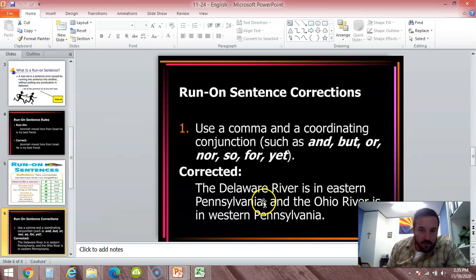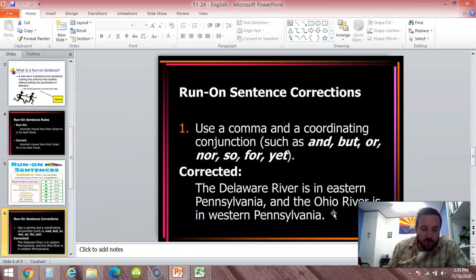Notice this author correctly put in the comma before the conjunction. That's simply showing, hey, I could have made a new sentence, but I'm not. I'm going to continue it with the conjunction. That means I'm going to a different type of thought. But you can also understand why they still have this as one sentence, because they're both talking about rivers.